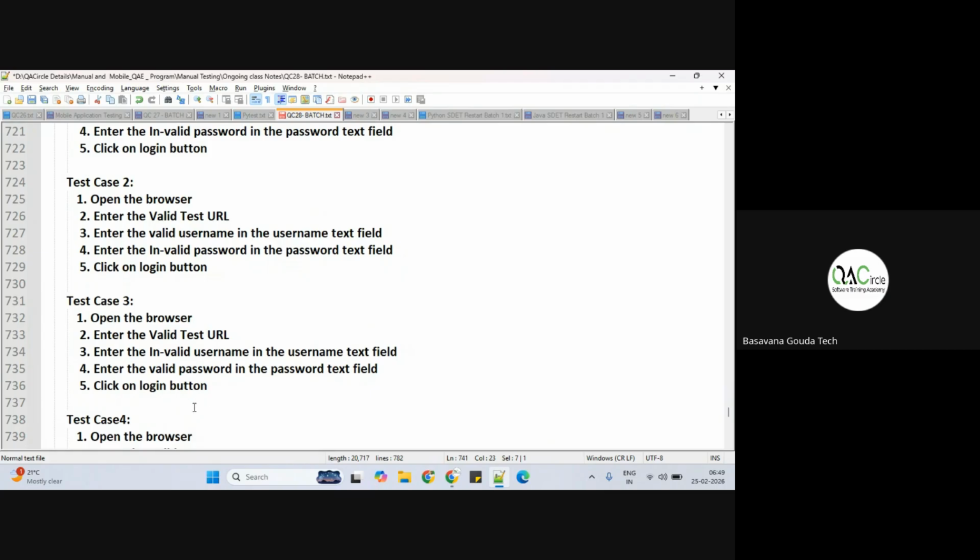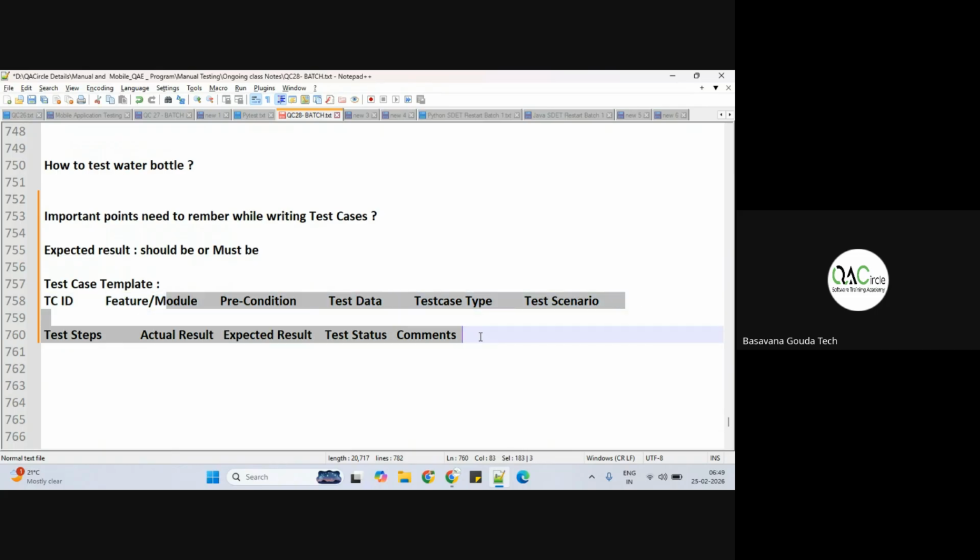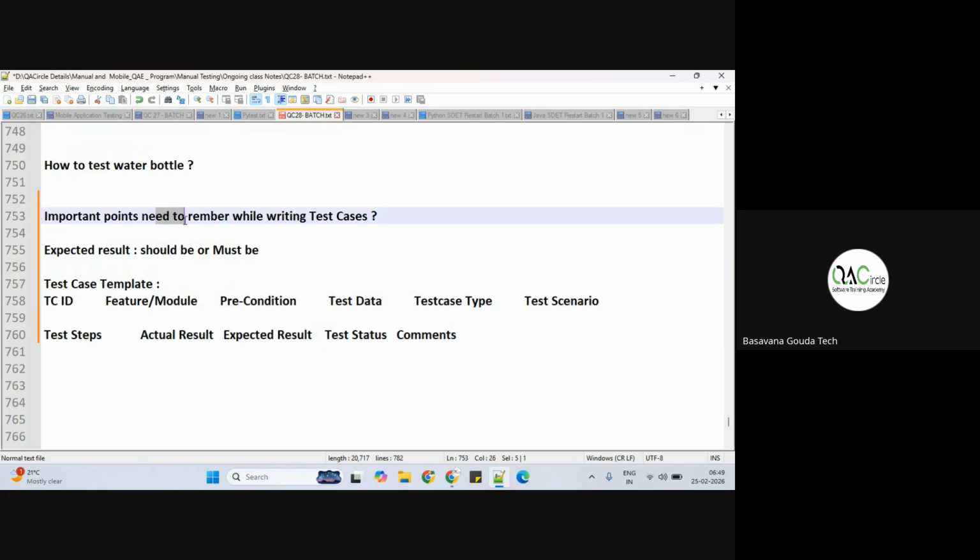Yeah. So I was mentioning that we have to use this standard test case template to write a test case. That is very important. Write down the important points to remember while writing test cases. I'll give some 6-7 points. Point number 1: before we start writing a test case,